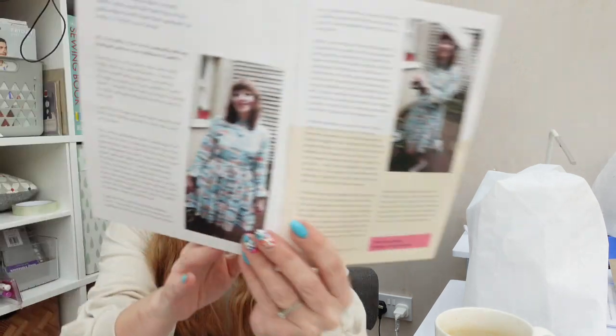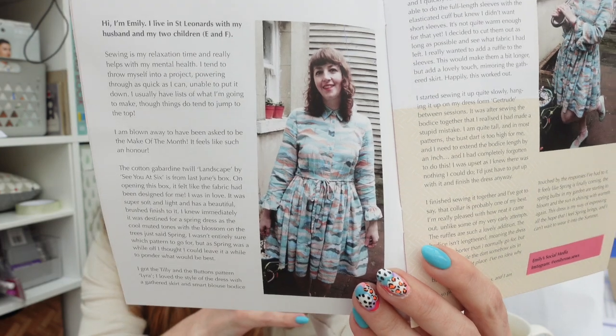from them. So we've got Make of the Month, which is from Emily, who made See You at 6. They had Gabardine Twill from See You at 6 last summer, and she made the Tilly and the Buttons Lyra dress, which is really lovely. That's really nice. And she talks about how she made that and the process, and then you've got her social